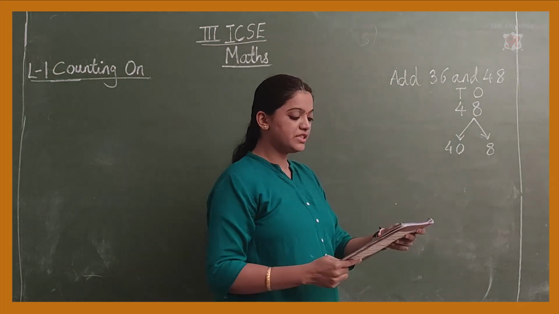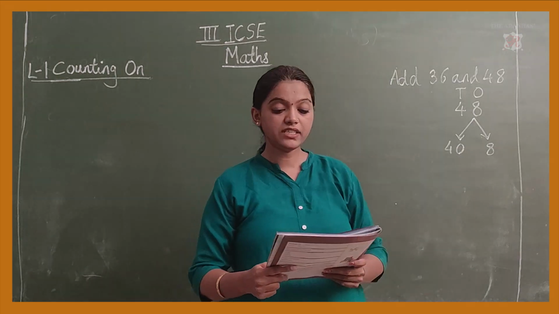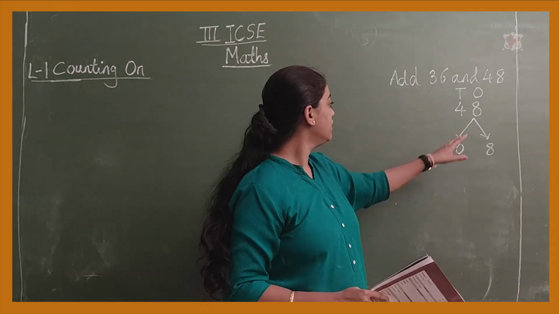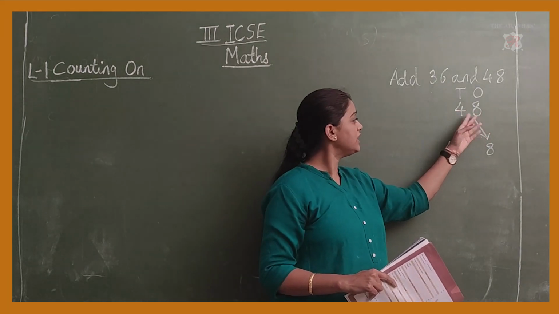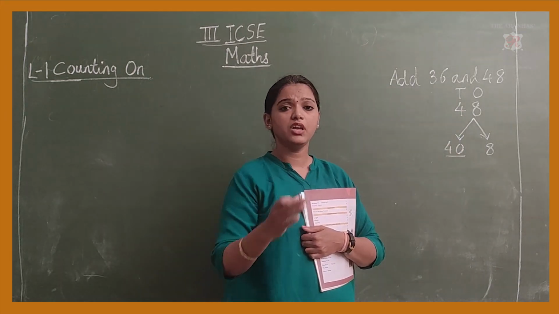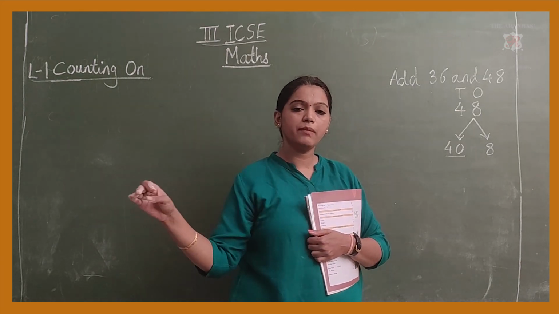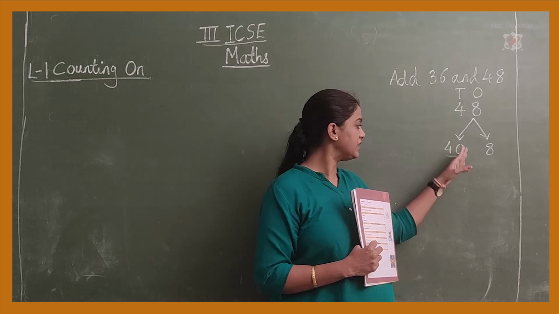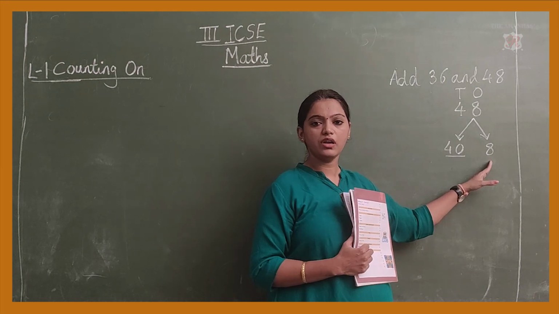So your question is, you have to add 36 plus 48. Now we'll read the lesson. Take jumps in tens. Take a stop over the closest landmark number. Now we have split this 40 in such a way that we have brought this 4 to the nearest landmark number. What are your landmark numbers? Your 10, 20, 30, 40, 100, 200, 1000, numbers ending in zeros, are your landmark numbers. So we have distributed this number in such a way that the tens is 40 and the ones is 8.